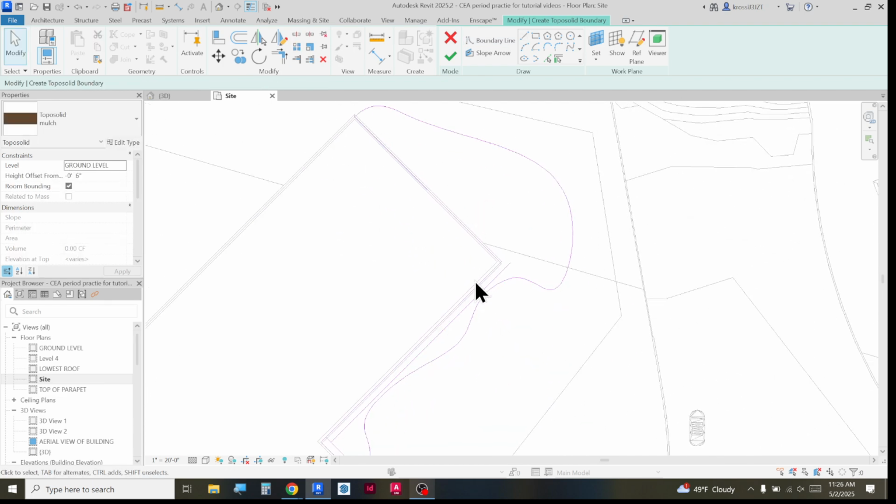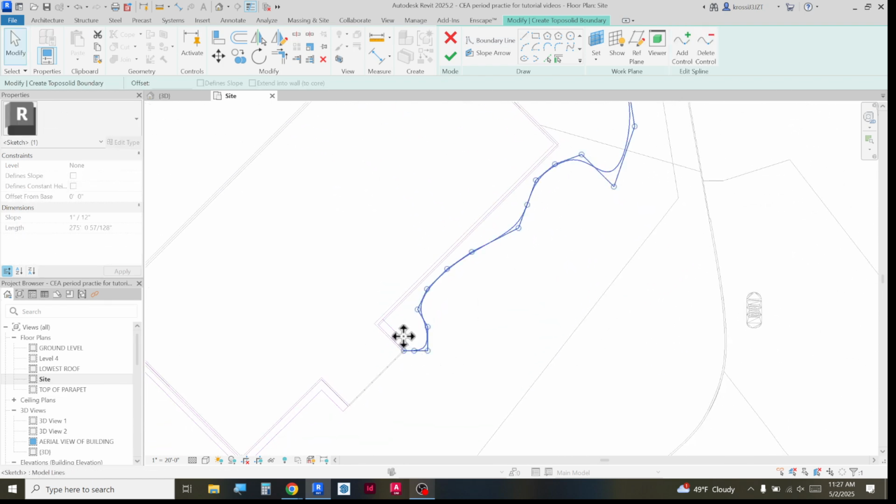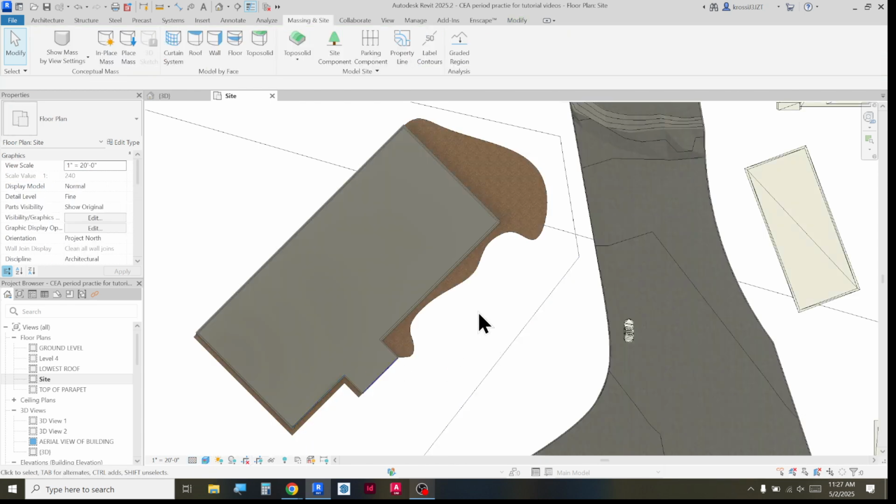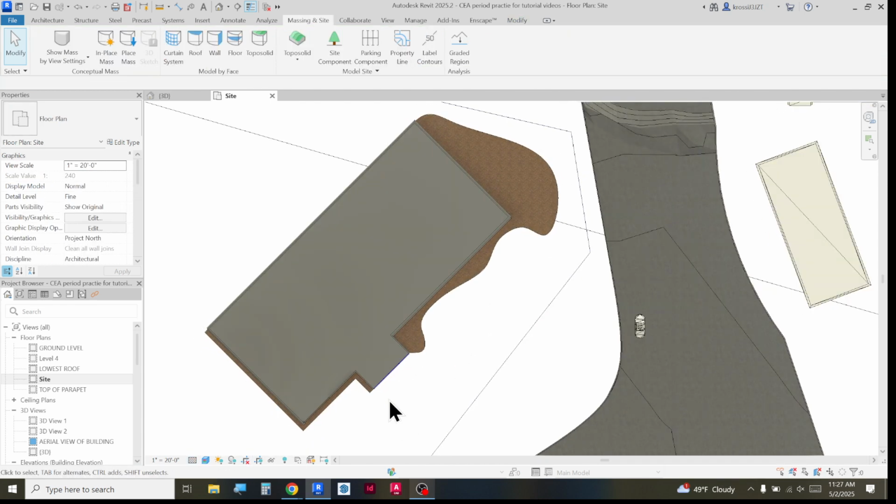Now I can delete these inner lines I no longer need. And now I have my mulch area. So when I go to realistic, you can see now that I have mulch. The next step is to do 5 feet